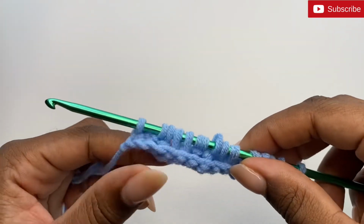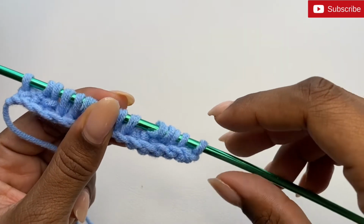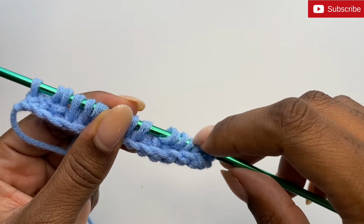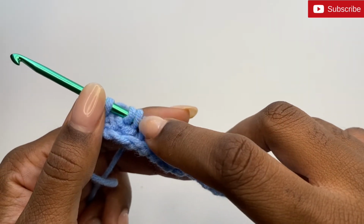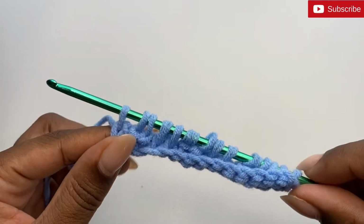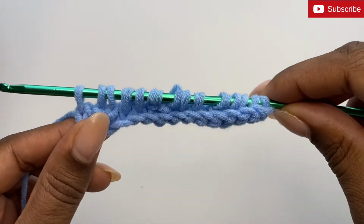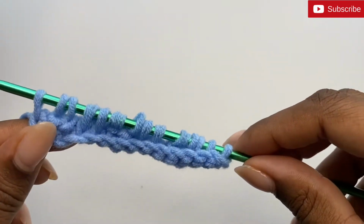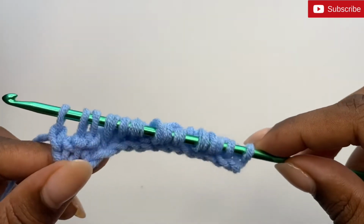Now you should have the same 14 loops on the hook as before, and I'll count just to make sure. 1, 2, 3, 4, 5, 6, 7, 8, 9, 10, 11, 12, 13, and 14. So always go ahead and count the loops on your hook just to make sure that you're on the right track. And then I'm going to do a standard return pass, which means that I'm going to chain 1, and